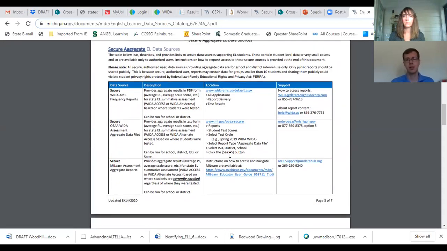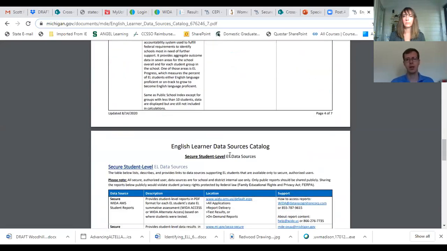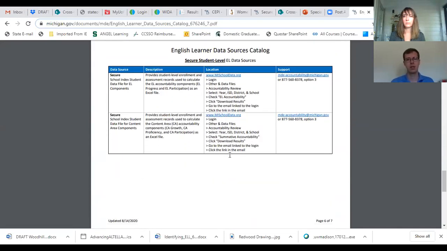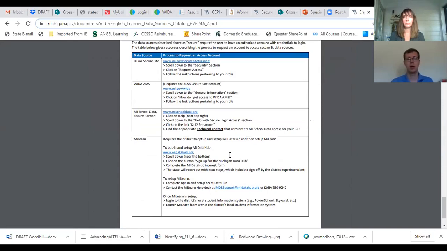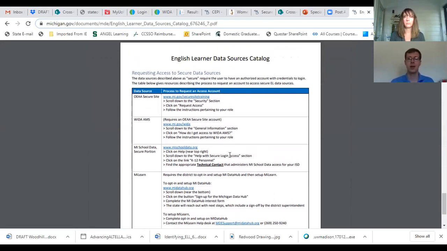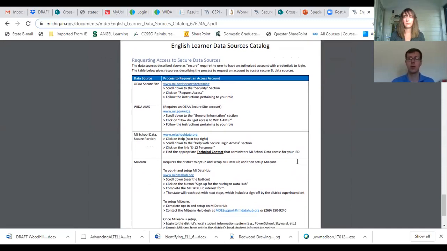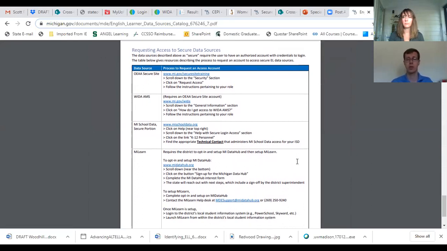And at the very end of this document, down on page 7, we get to a new section of this document, which was added this year, which is how do I get access, or how do I request access to the secure data sources? So for WIDA Secure Site, WIDA AMS, the secure side of My School Data, and MyLearn, all those take prior approval. So how do I go request that prior approval? And that is a key point: